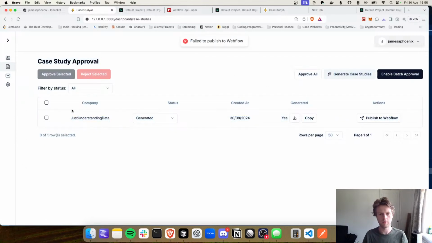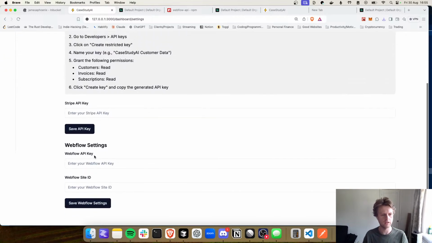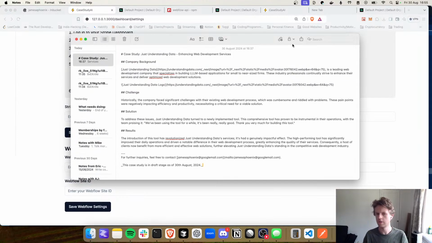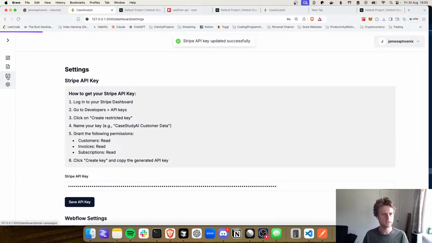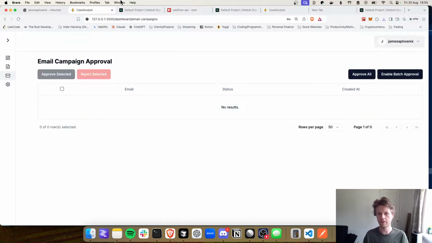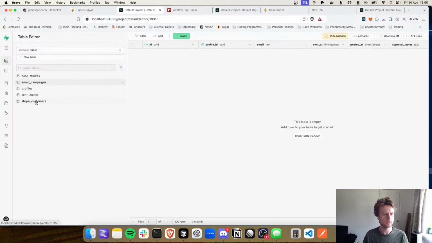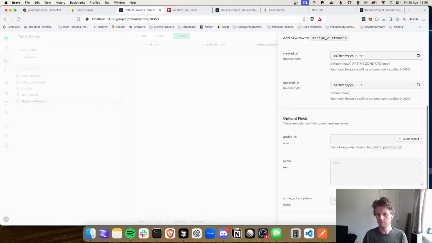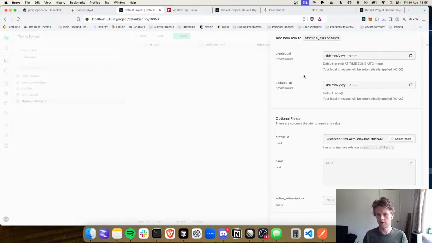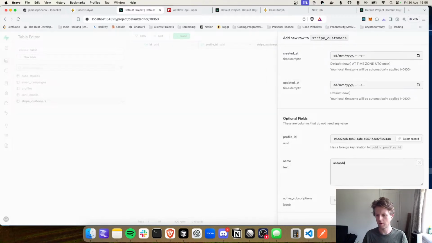Now it failed to publish to Webflow, and the reason why it's failing is we don't have any of these credentials. So that would be something we would have to do, is add those on. And you've also got the ability to add in Stripe customers, and when you do that, then we need to fix this bit, which is the data pipeline. But if we were to, for example, add a Stripe customer, so if I was to add someone at testexample.com, and I add that to this profile URL that I've just signed up with,